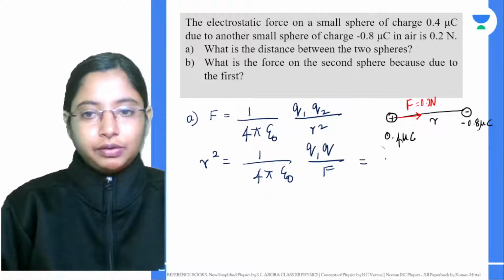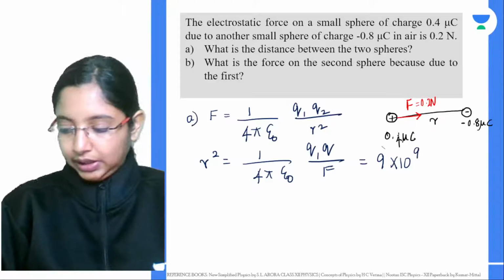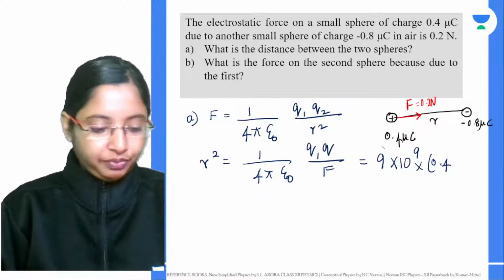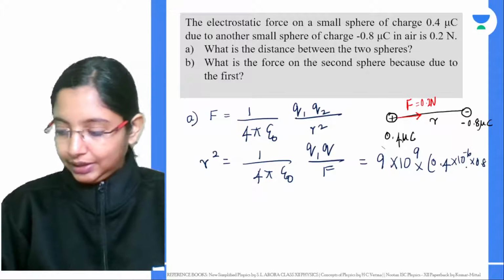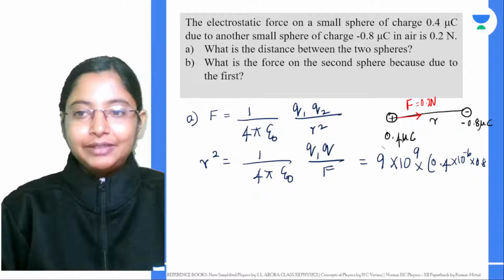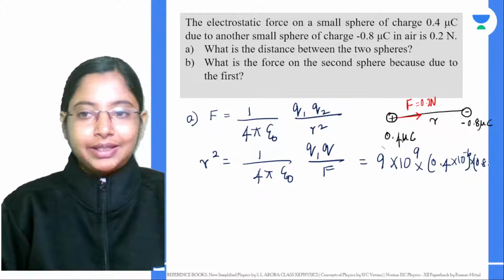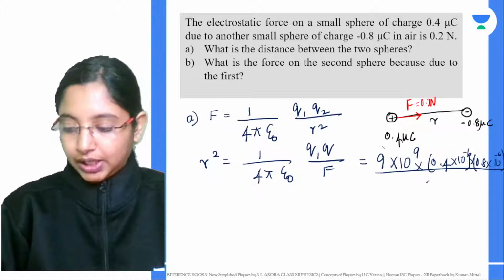What is this value? This is actually 9 into 10 to the power of 9, right? Into what are the two charges? One charge is basically 0.4 micro, and micro value is 10 to the power of minus 6 coulombs. The next charge is 0.8. I'm just not writing the negative sign because that's just to indicate it's a negative charge. Into 10 to the power of minus 6. All of this divided by the force acting on them,